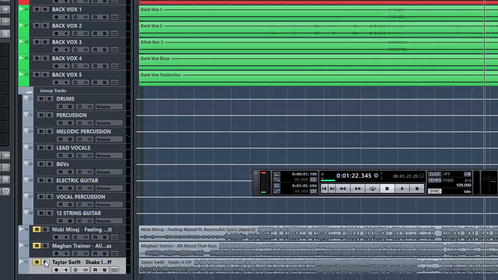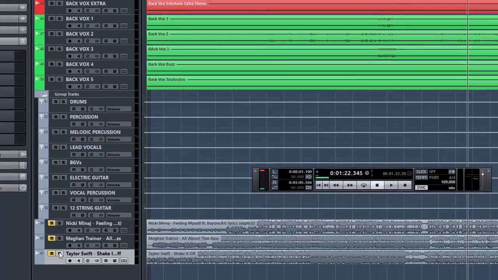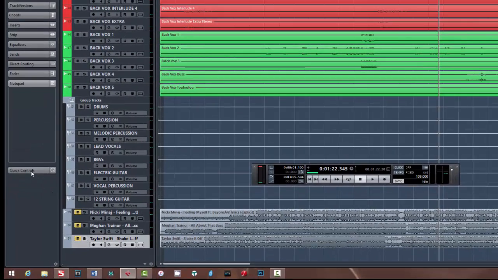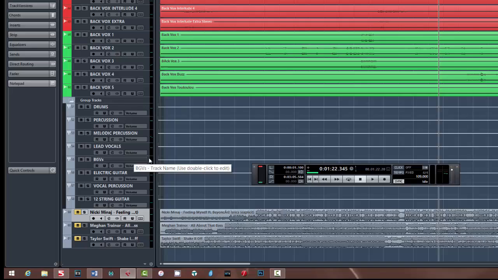Okay, so now that we've done that, the next step in our process is really just to take some notes, jot down in your notepads or on a sheet of paper. Thank God here in Cubase we have this notepad feature where we can jot some notes down on anything. You can jot some notes down as your reference, and that'll keep you on task on what you're doing in your mixes. So some things that I heard is